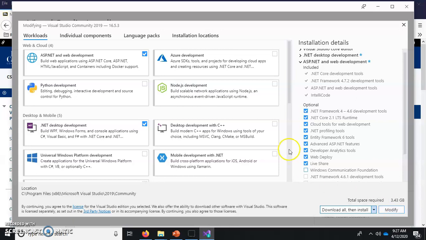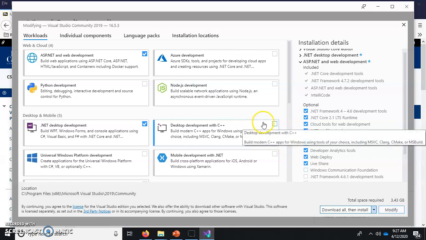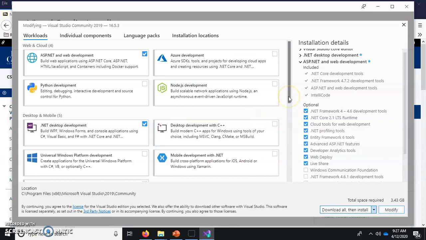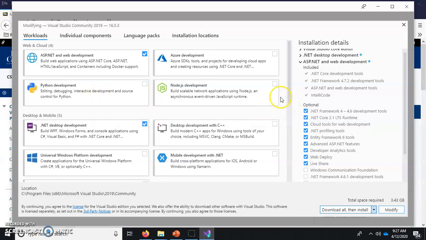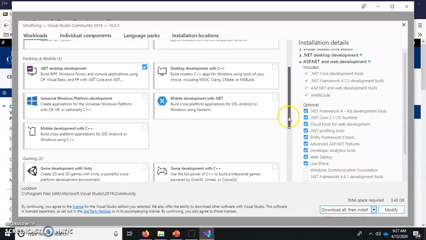Before I stop the video, though, I would just add that if you haven't ever looked at this screen before, it's kind of informative to scroll through here and see what the different functionality Visual Studio could have for you. The Python development features are very well developed. It's a really great environment to play around with Python in. You can also do JavaScript and Node.js. Down here